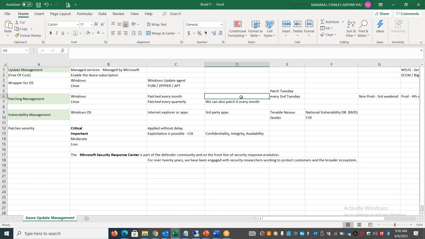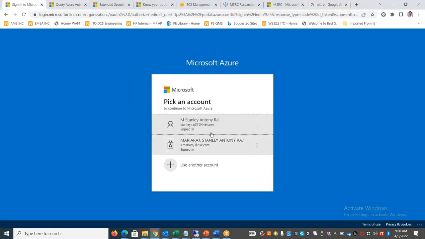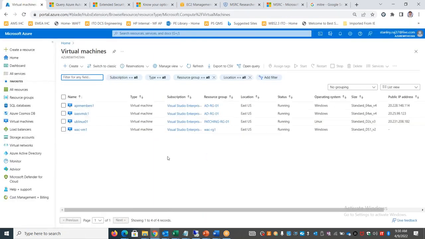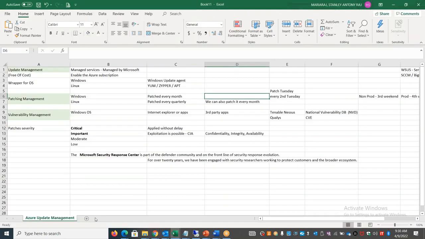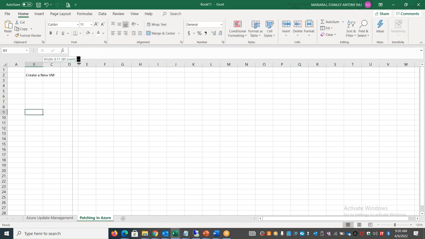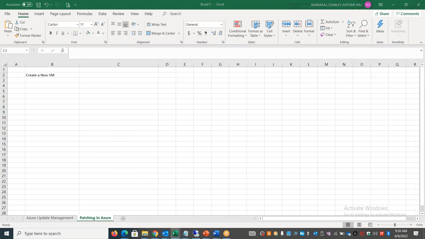Okay, let's get into the actual Azure environment. Let's not get too deep into this. Let's log in. Whenever you go and create a system, there are multiple options available. Patching in Azure: while you create a new VM, you can also enable patching as part of your create new VM option. So when you create a new VM, if you look here,